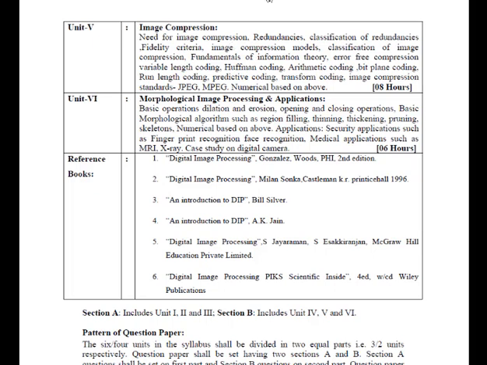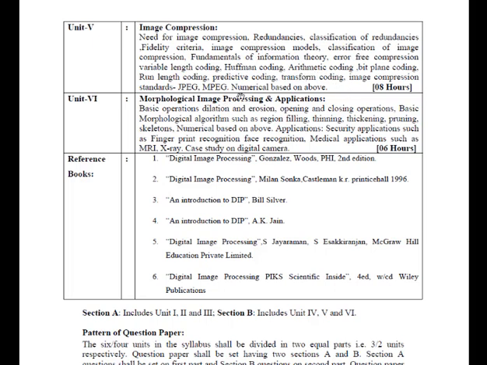There are different methods for image compression. For that we have to study different criteria like fidelity criteria, then fundamentals of information theory. Information theory is for transformation of data. If any image is compressed, it should be ensured that no data loss is occurring, so we have to follow information theory there.